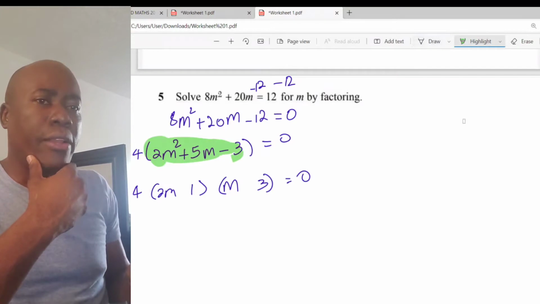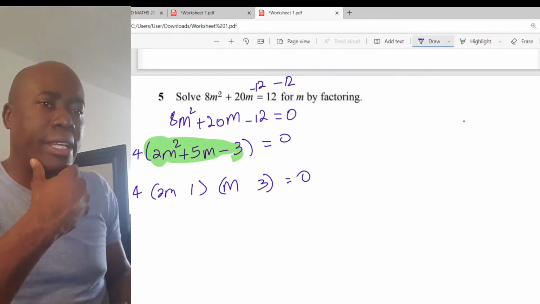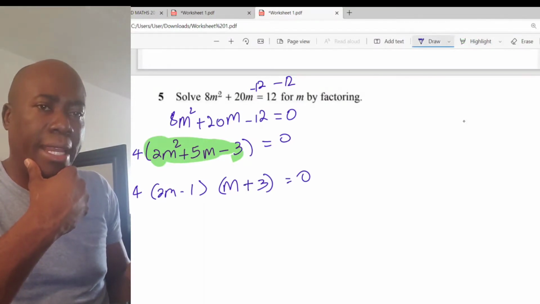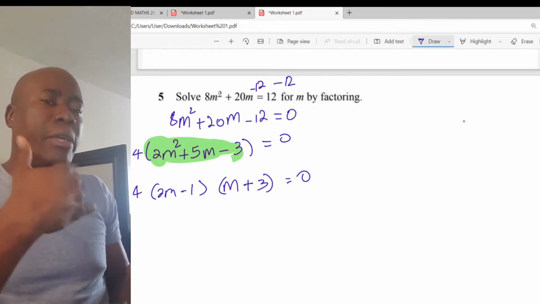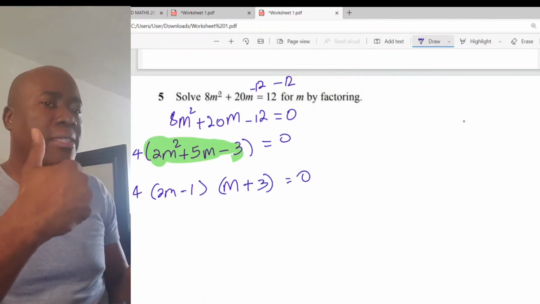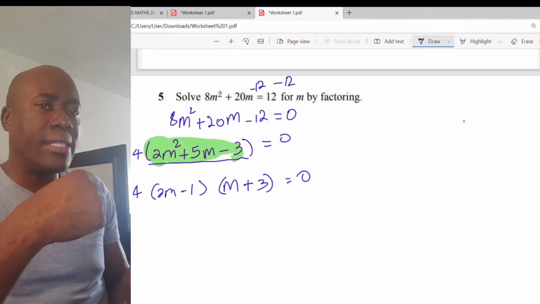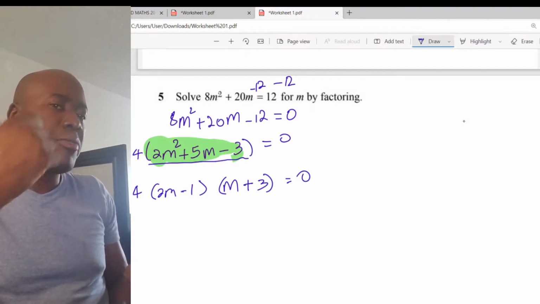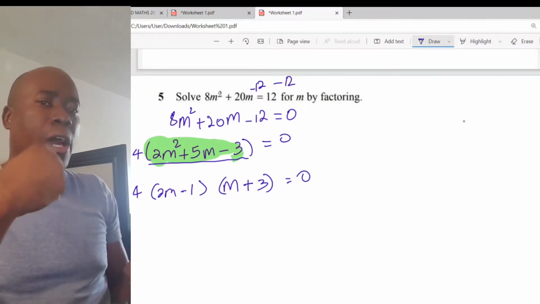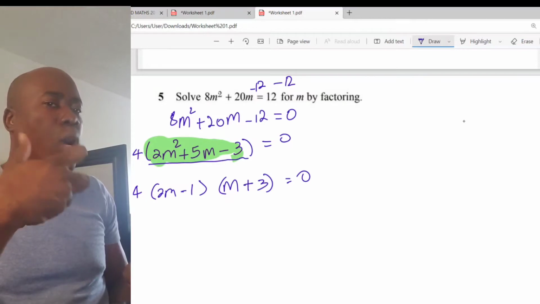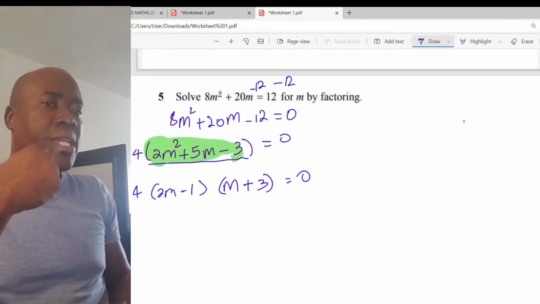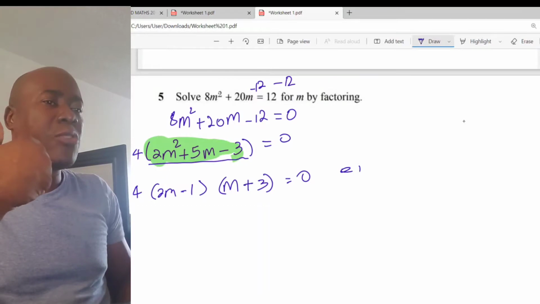All right, so then we're saying that what we're going to have here is a positive 3 and a negative 1, because if we try to expand this out, we'll definitely get back all of this, and that's the key. We want to make sure that when we expand this out, we're looking back at that. So basically 2m minus 1 into m plus 3 is equal to 0. At this stage, we'll say either